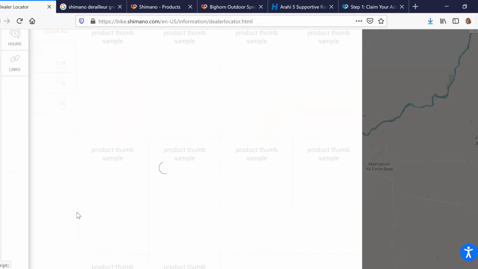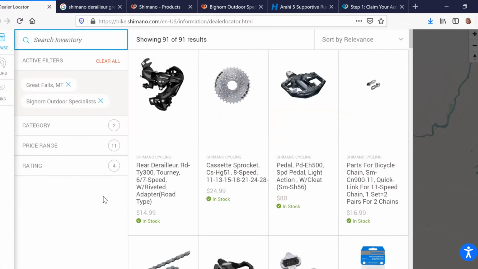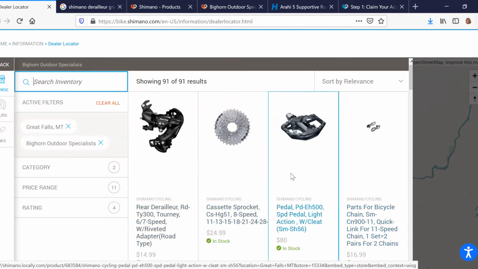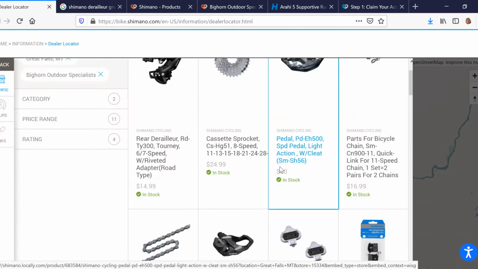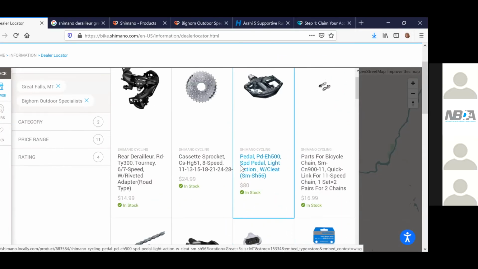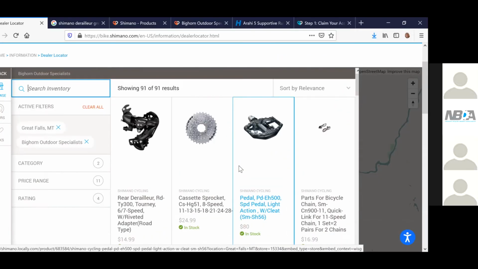If I were to click browse stock, pardon me, we can see here inventory from Shimano that's available at Bighorn Outfitters. So the way that this works, and again, I said that Locally does everything to keep things simplified for the retailer, the brand will provide us with the catalog information, and we build that catalog into Locally, and then we connect your inventory.